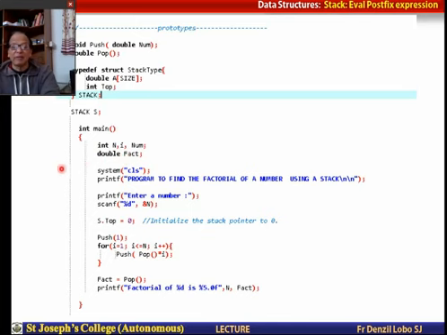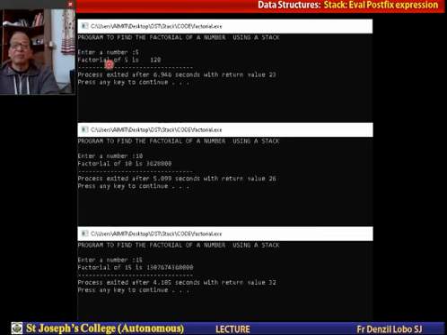To avoid that, we declare factorial as double, and as you see the same algorithm is here, for i equal to 1 to n, i plus plus. So here I have given you examples. Enter a number 5. So factorial of 5 is 120. Factorial of 10 is a large number. As you see, factorial of 15 is going to be a very large number. That's why we have declared factorial as a double.